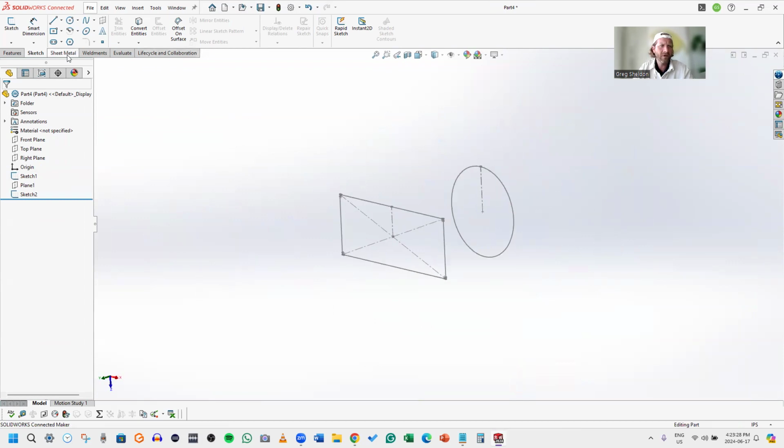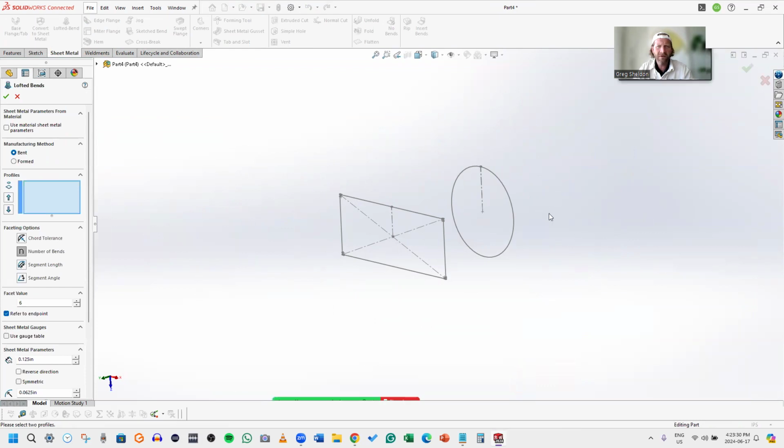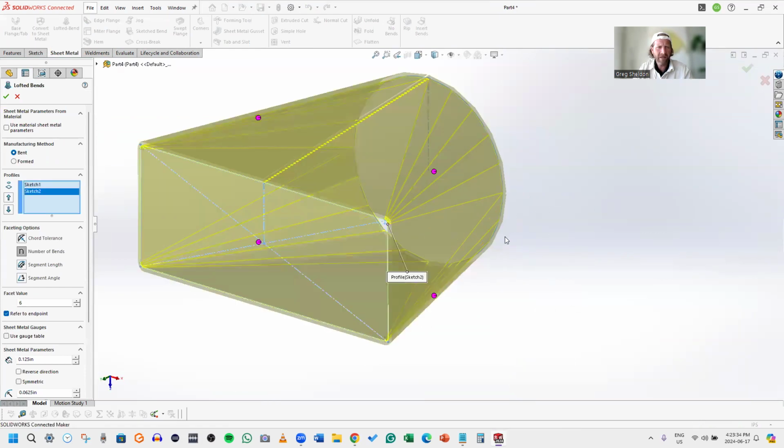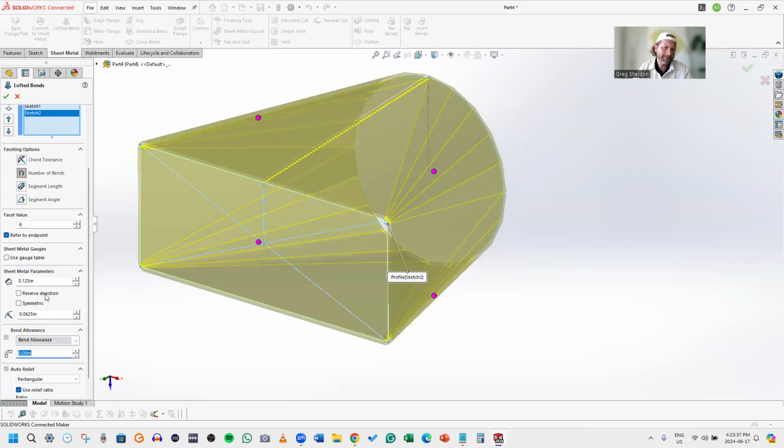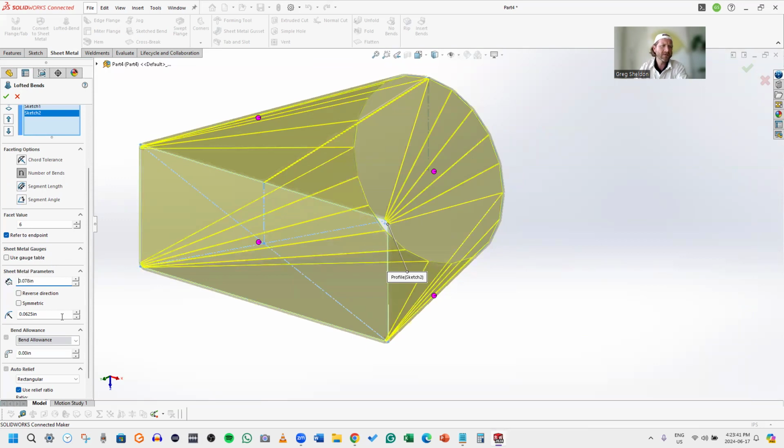Looks great. And then we're going to go to sheet metal. Lofted bend. Click one shape. Click the next shape. It's going to make the connection. Now, we can make this 14 gauge stainless with a 1/16 of an inch bend radius. Of course, that's going to depend on your material type,